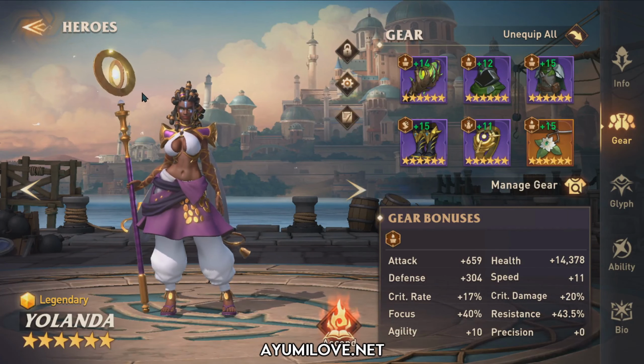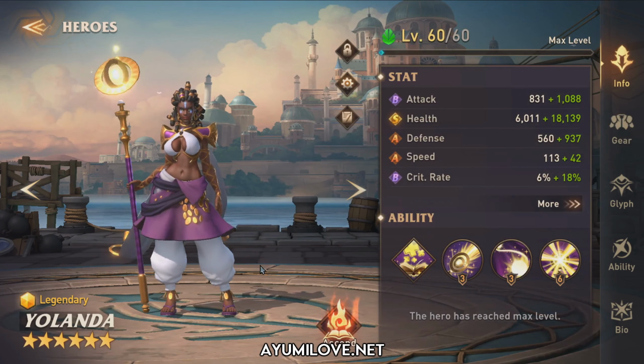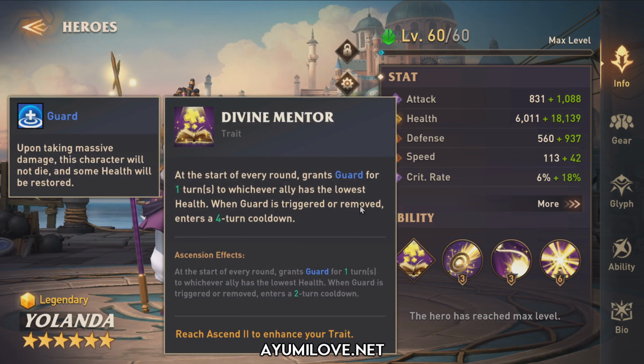And as you notice, most of my heroes here are geared in revival set because I want Yolanda's Divine Mentor trait to apply this guard buff on the lowest health hero. And usually the lowest health would be Garrell because he's an attacker hero, and usually attacker heroes do not have much defense and health stats. So by having your heroes equipped in a revival set, especially those support and debuffer heroes like Gangelo, Yolanda, and Hakrin, I can make this guard buff always apply to Garrell, my attacker hero, to prevent him